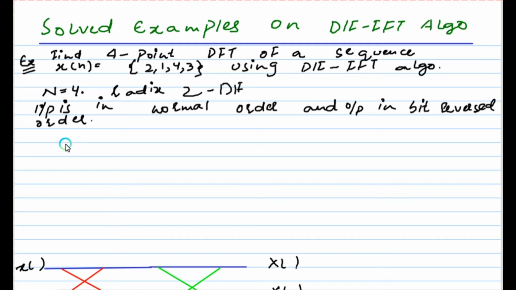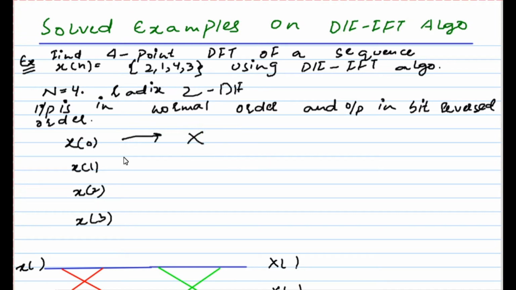Since we have only 4 input samples, x of 0, x of 1, x of 2, and x of 3, the index goes from 0, 1, 2, and 3. We can represent these 4 numbers as 2-bit binary patterns, so we have to bit reverse 0 to 3. So the output pattern will be